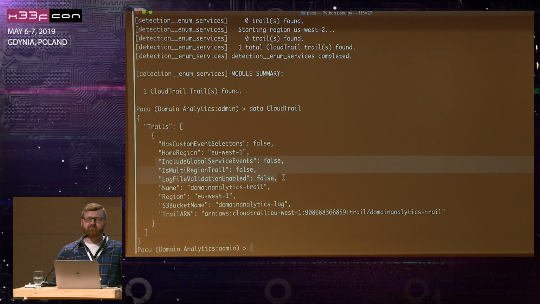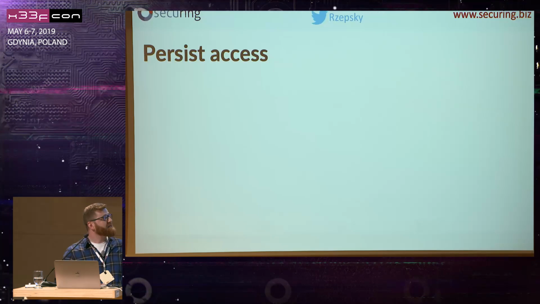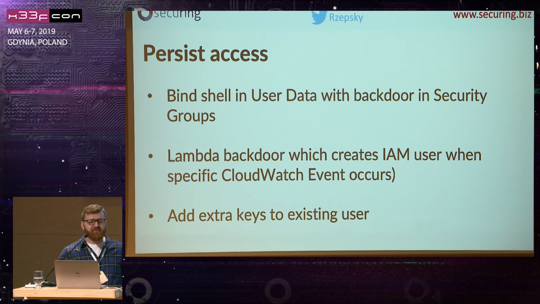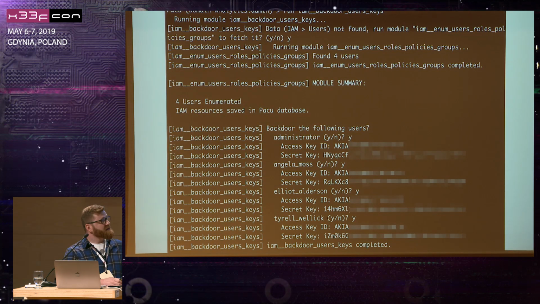So now, once we disabled all the monitoring services, it's time for persisting access. There are a few ways to do it, but in my opinion, the most interesting one is adding extra keys to existing users. How does it look? You run the IAM backdoor users keys, and then another key pair is assigned to each of the users. This is actually not a bug, but an Amazon feature. It's a feature you can use to separate key pairs under one account, and Amazon says that it's cool because thanks to it, they don't share the keys. Well,